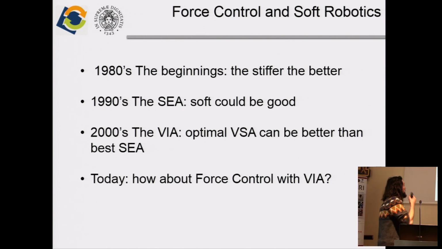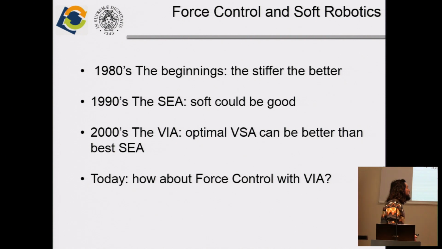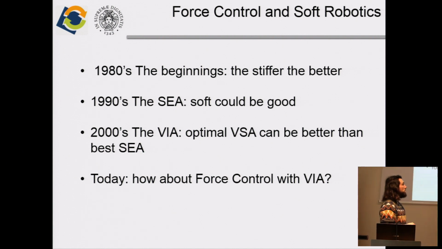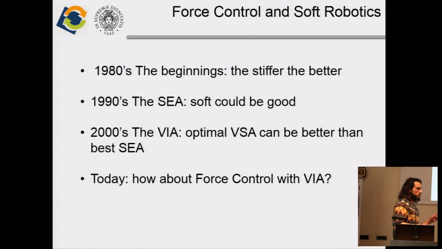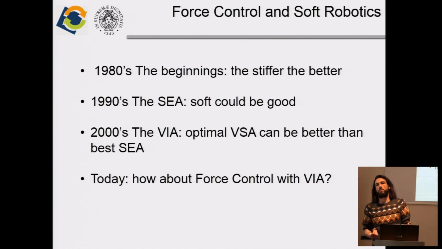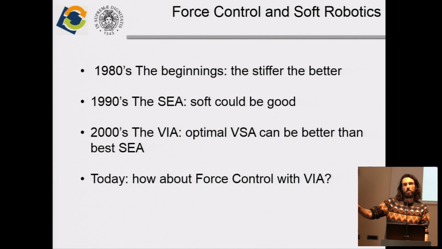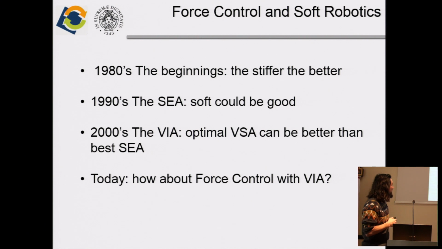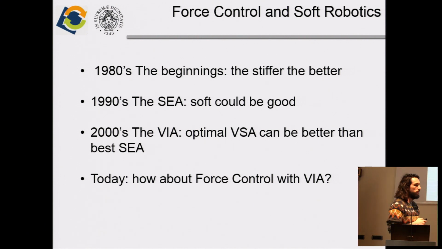So, in the literature for force control and with soft robots, this basically was the process. In the 80s, the mantra was the stiffer the better. So if you want to do force control, you need a stiff manipulator, as stiff as you can, and then you can get precise tracking, precise motion, precise control. Then in the 90s, with the work of Jerry Pratt that introduced the series elastic actuators,